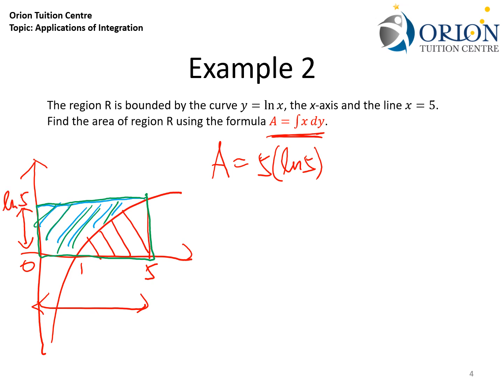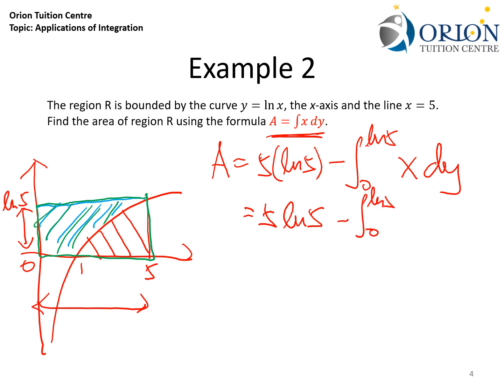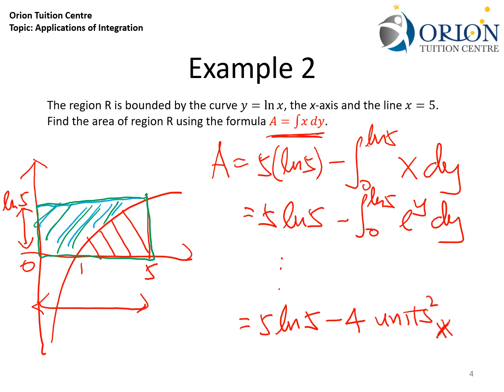Then we subtract integration of 0 to ln 5 x dy, which is 5 ln 5 minus integration of 0 to ln 5 e to the y dy. We can solve this integration very easily to end up with the answer of 5 ln 5 minus 4 square units,